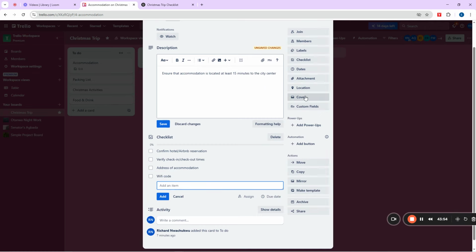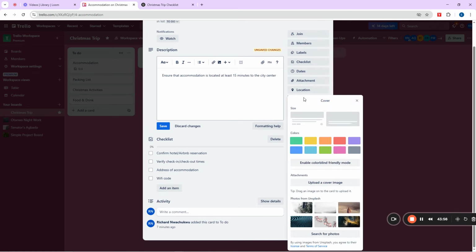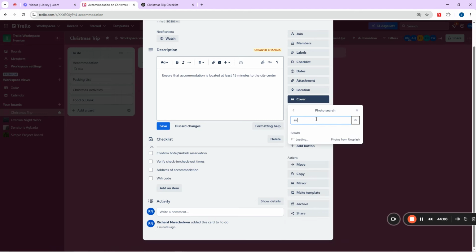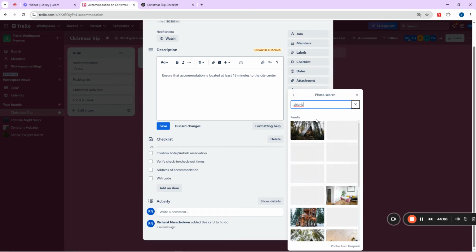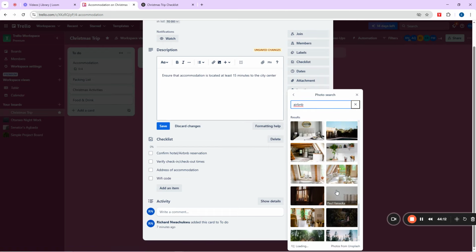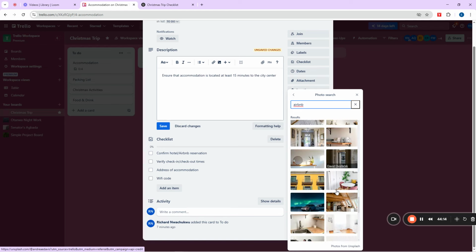Then if you want to do things like maybe you want to put a cover, you can actually put cover here and then come down here to select what? To search for Airbnb. You see, here you can even search for a picture and then use for free. You can even come here and search for Airbnb. You see now, these are just the possible Airbnb pictures that we have here. The pictures for Airbnb.